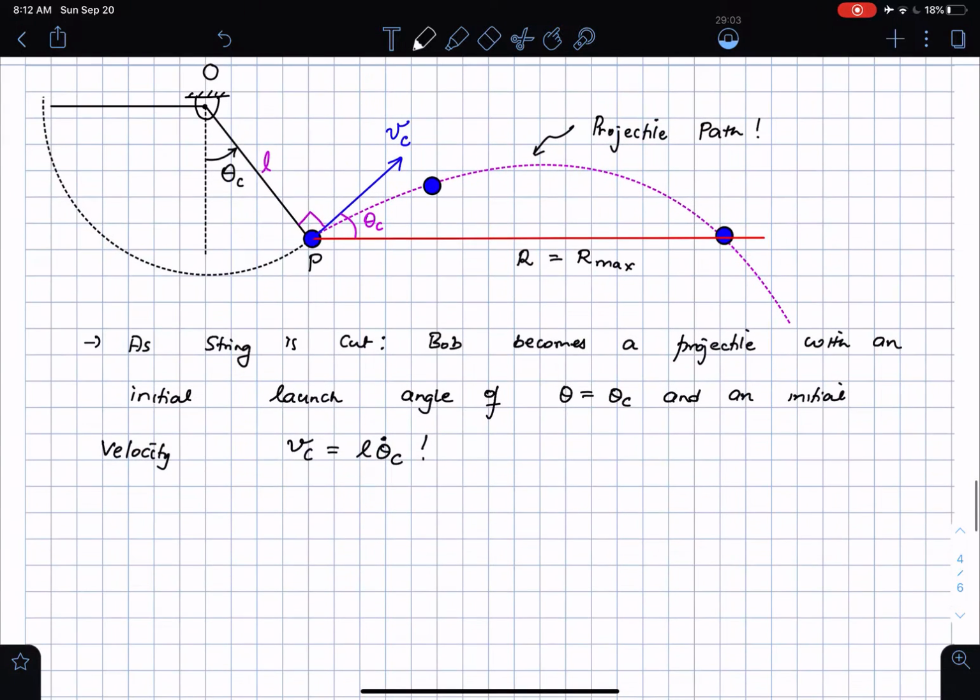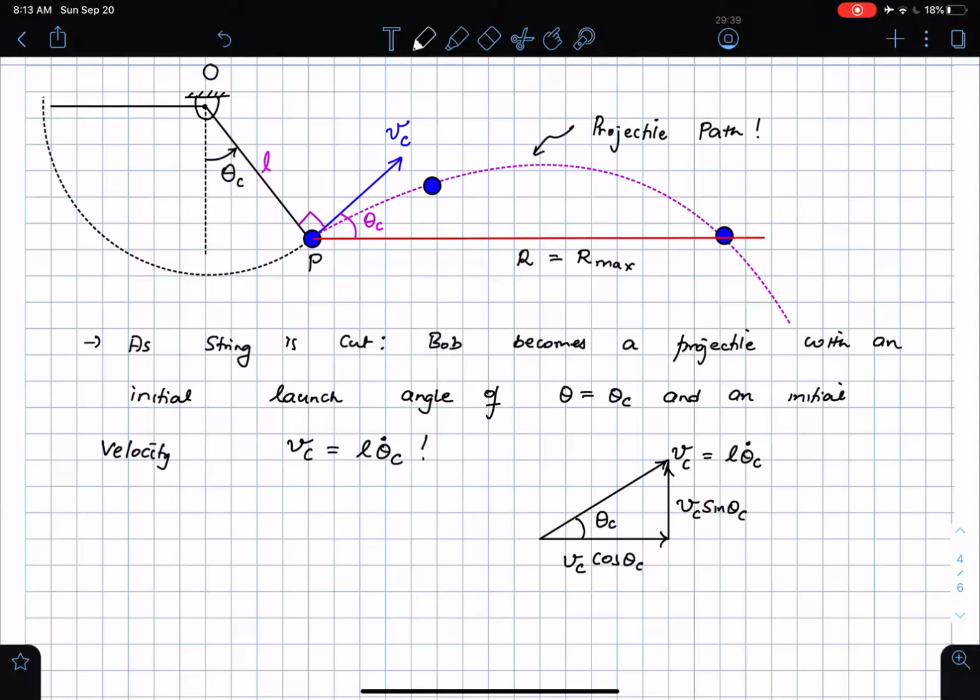Okay, and you can obviously see that if I take this velocity, which is vc here, so this is vc, which is L times theta dot c, I can split it up into components along the horizontal and the vertical, which is what I'm going to be doing. This angle here is theta c. So these are the components: vc cos theta c, vc sine theta c. I'm going to say that these are the x and y components of the velocity of the projectile